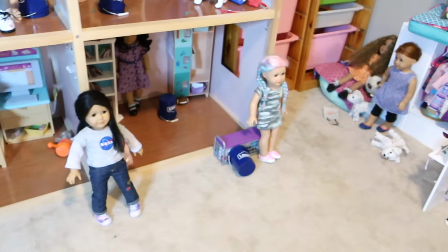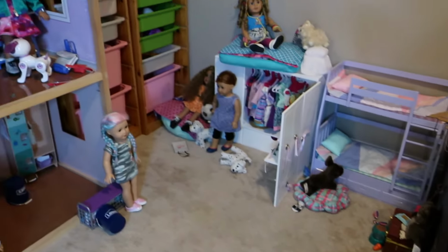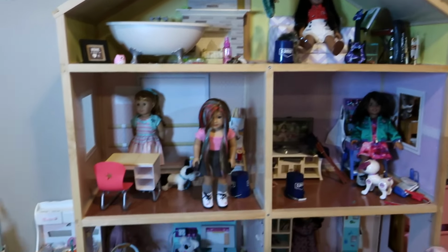They each have their own unique style. She literally has a backstory for each of these dolls. You can see that they're all dressed very uniquely. And then over here, because we do have a large collection, obviously, it has kind of spilled over the sides,